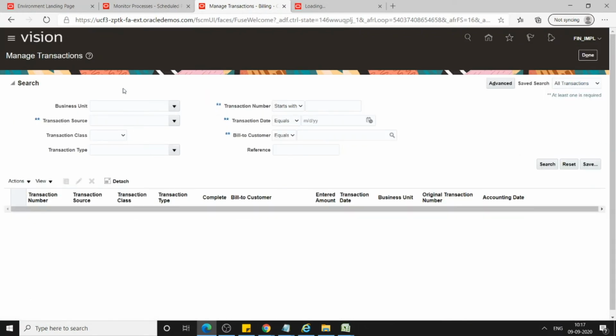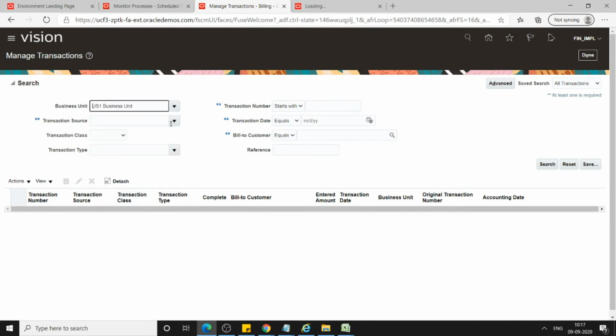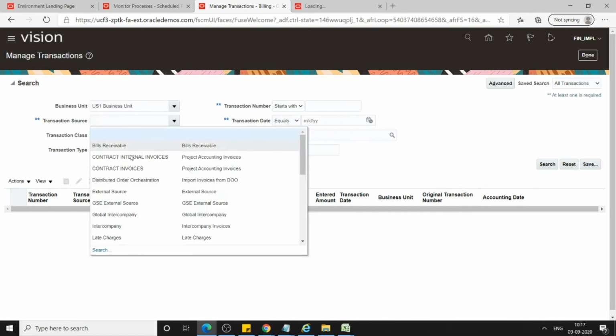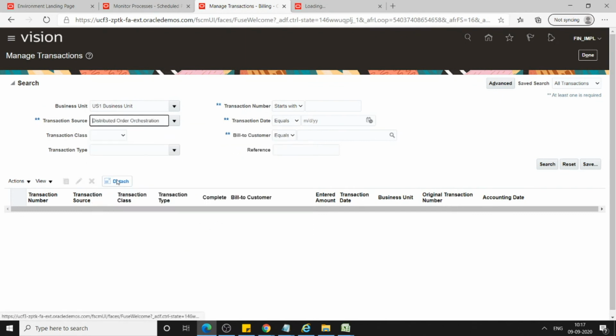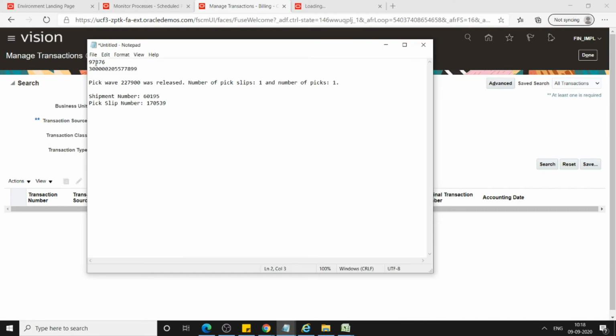Here you select the business unit as US1. Let me see, US1 business unit, yes. Then the transaction source is distributed order orchestration. Then in the reference field I'll enter my sales order number, 97376.